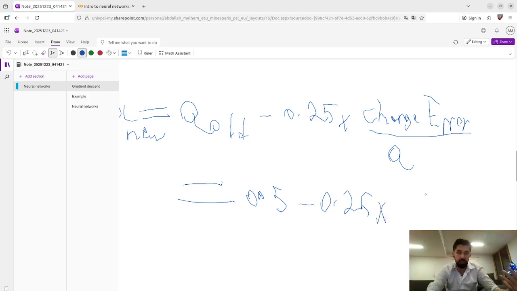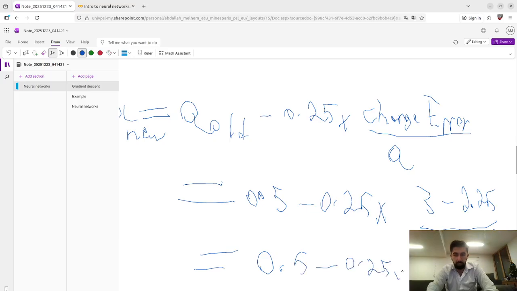The error used to be 3, now it is 2.25, over the change in a. When the error was 3, a used to be 0, minus, now it is 0.5. So we will get 0.5 minus 0.25 multiplied by 0.75 over minus 0.5, which is